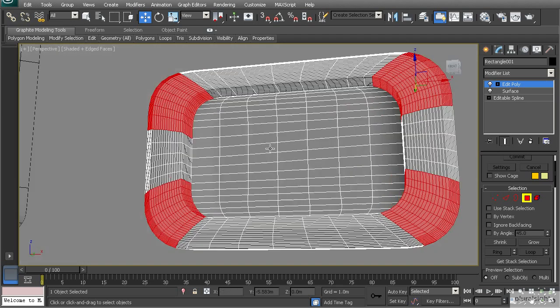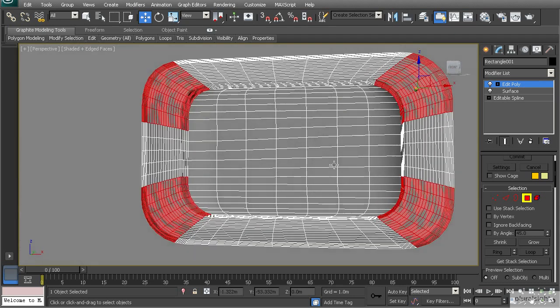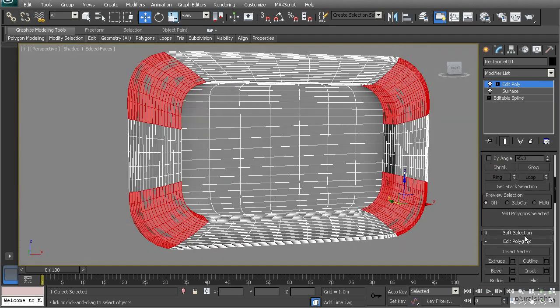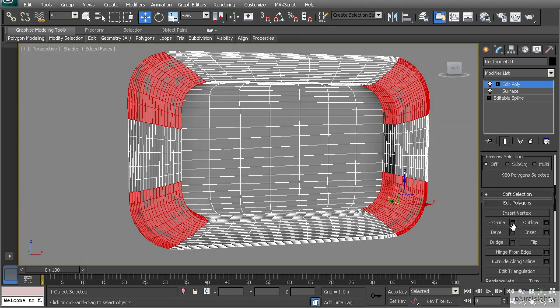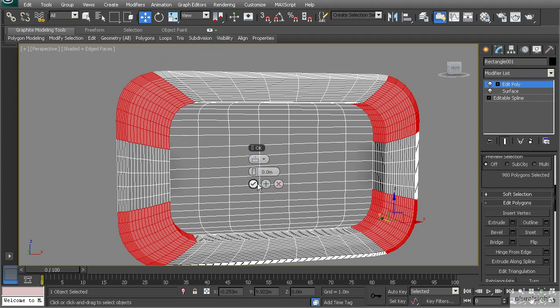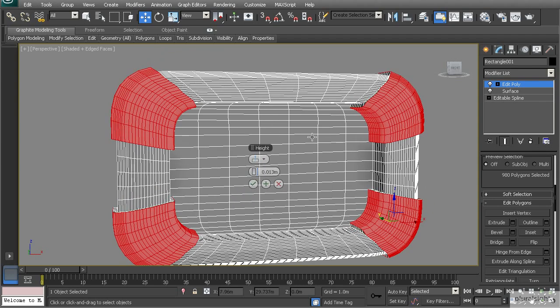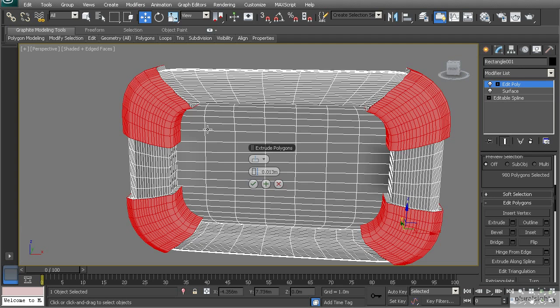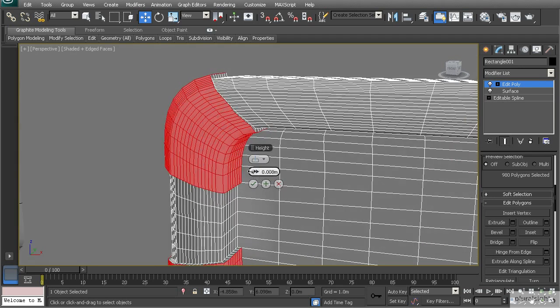Alright, so let's just make sure that's all we have selected. That looks good, and now I can come in here and use these edit poly tools. So I can extrude that out. I could go by local normal, and I could expand that. You'll see that that gives me kind of this edge, this extrusion. And I can pull that out. Let's go to something like 0.008,